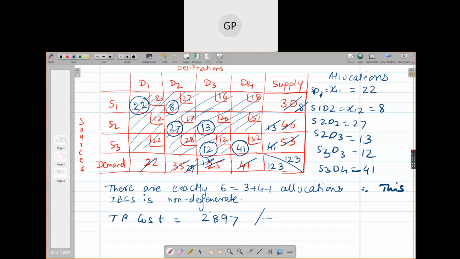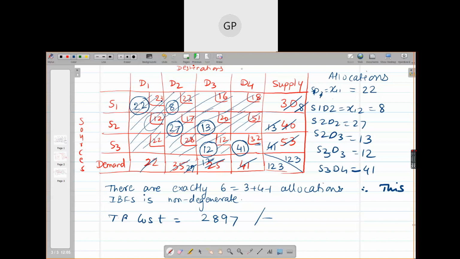Okay. So again, I'm asking you, what is the drawback of this method? Transportation cost is not considered. We could have chosen this 12 also, right? Instead of that, we chose 23, 27, 32 also, which is quite big. 32 is quite big and we are putting maximum units there. This is one of the limitations of the method, which doesn't allow us to find the minimum answer. So to overcome this, we have other methods of finding IBFS, which will significantly reduce the transportation cost. Okay. Finished with this? Have you understood NWCM?